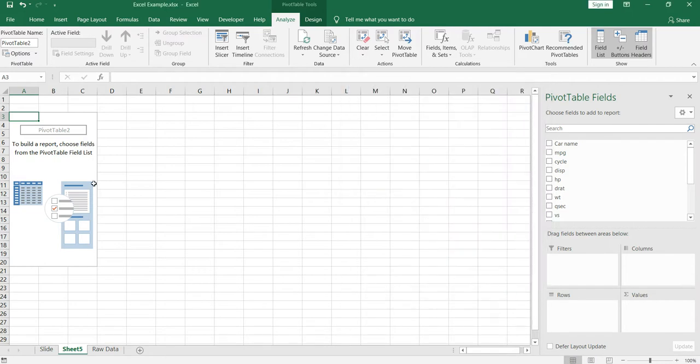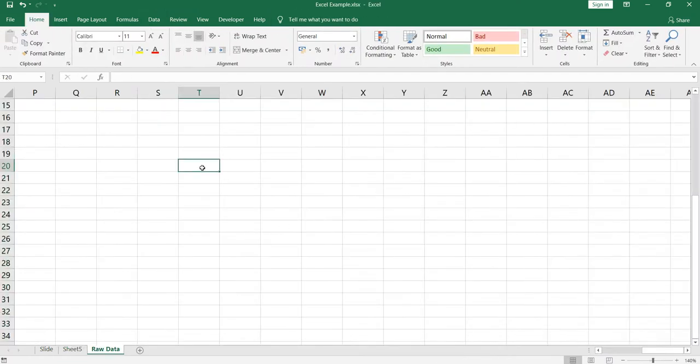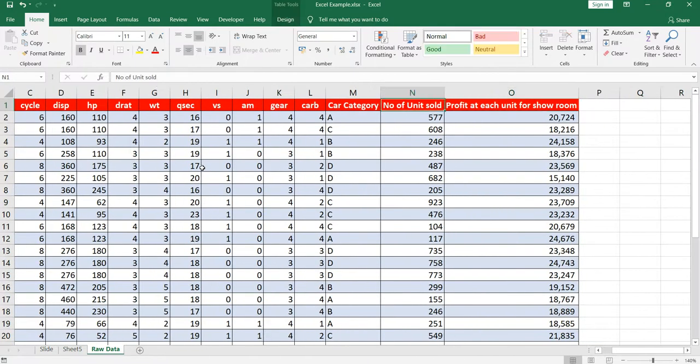Whenever you use a pivot table, you should always have a set of questions in your mind about what exactly you want to find out. When I see this data set, I have created these three columns thinking about a certain question: for which category we had the highest number of sales. With this raw data we won't be able to figure it out in an easy way. That's why we are using a pivot table. So now your question is, which car category has the highest sales?